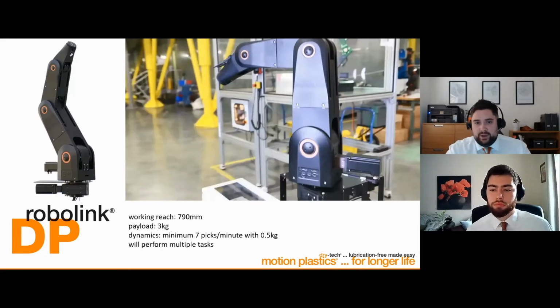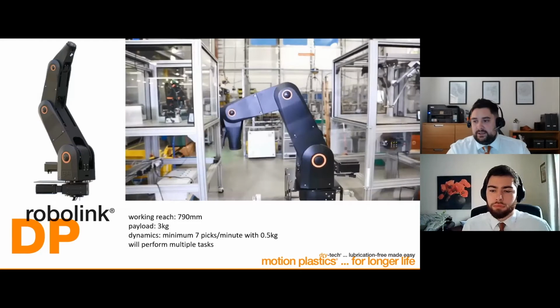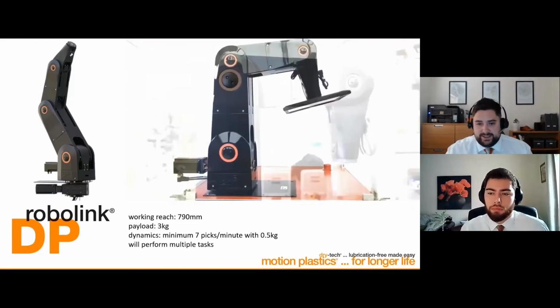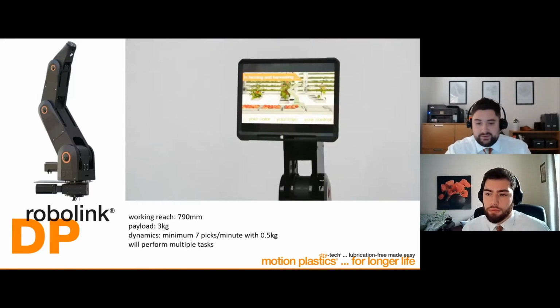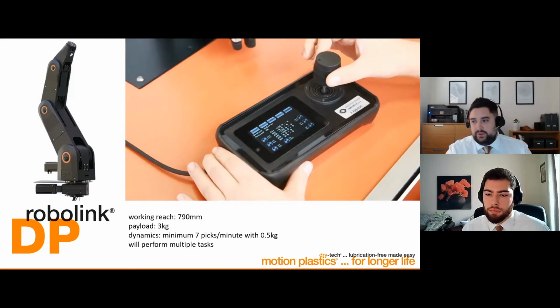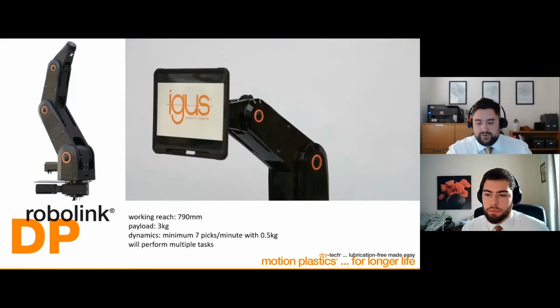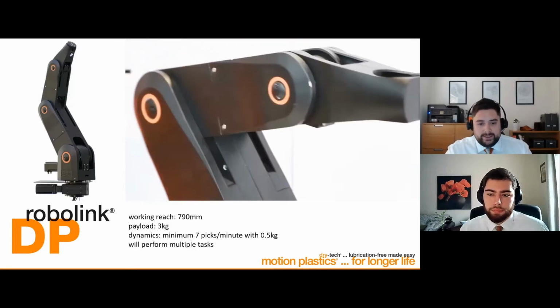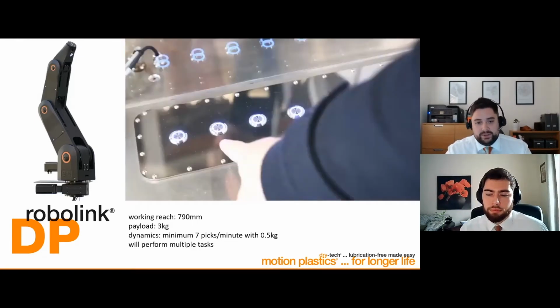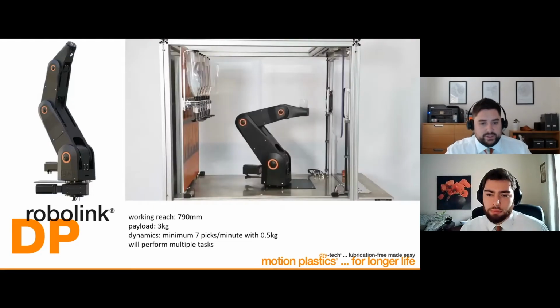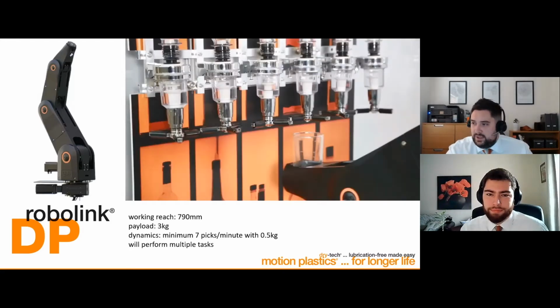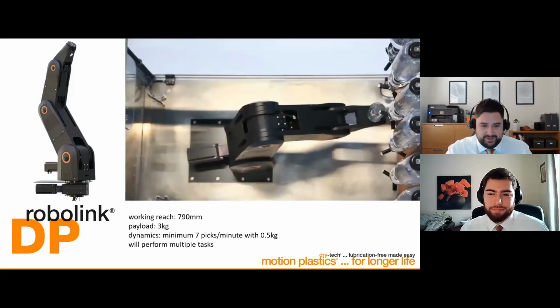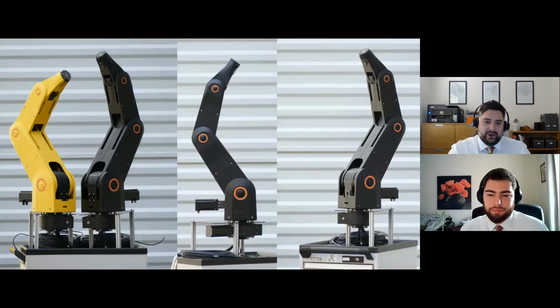The reason why this is the flexible robot is because actually it will perform many tasks, because it isn't a set size like a gantry or like a Delta robot. This is an arm working in a 360 degree space. So if, for example, the task that this robot was implemented to do was no longer required, then this robot is very, very quick and easy to deploy to do another task. And just showing one of my favorite applications here that RoboLink can do, which is the dispensing of beverages.